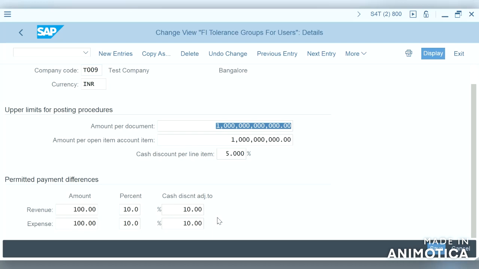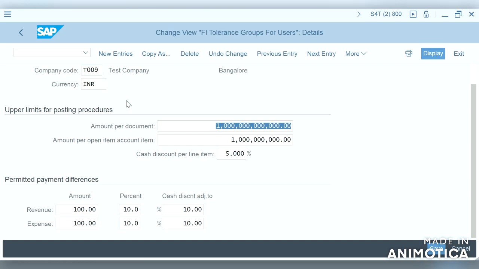If we need to explain this tolerance screen, we can explain it as tolerances as permitted payment differences, and tolerance group normally defines to make sure that employees do not exceed their authority while posting financial transactions.